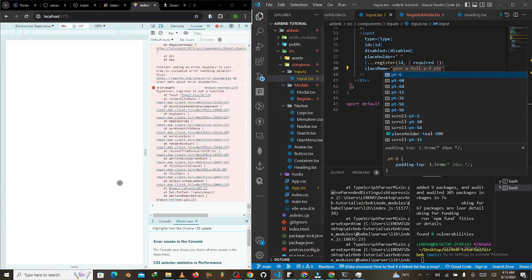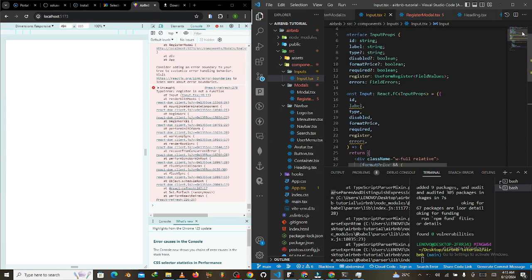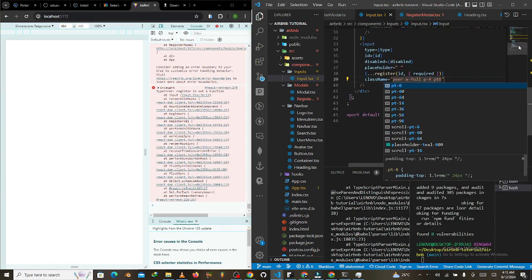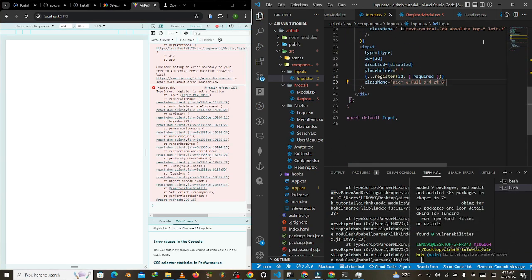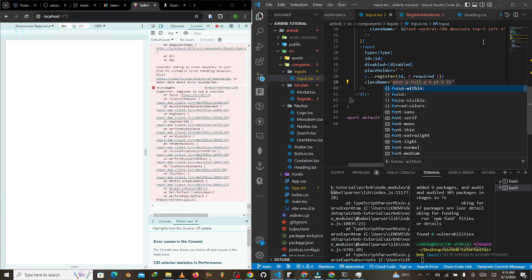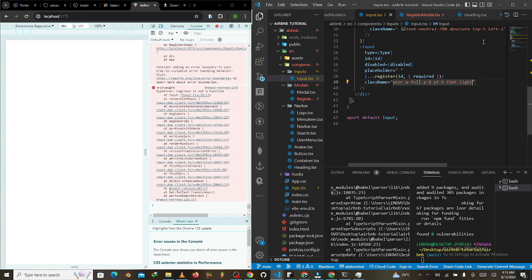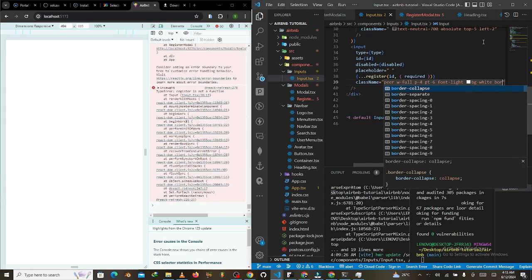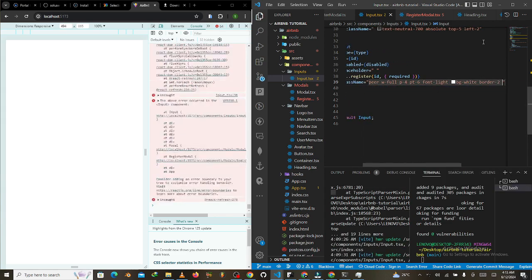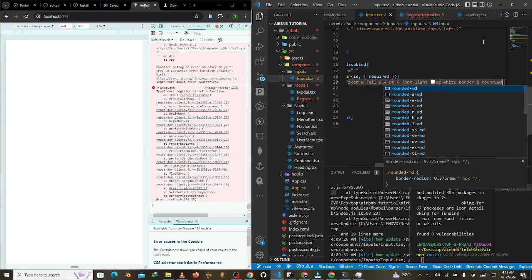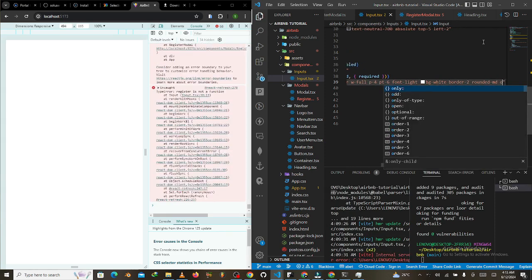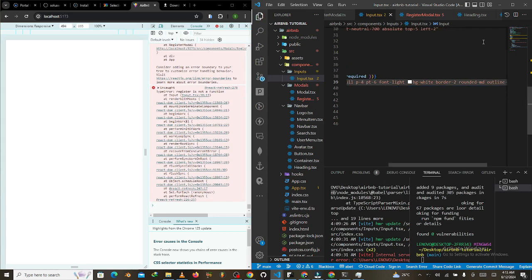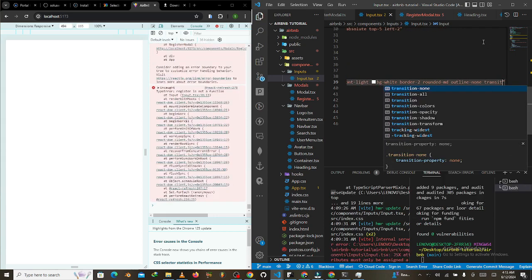It keeps saying, well, I didn't get that error when I was working with the pilot actually, but let's just finish. So pt6, then we have font light, then we'll take one bg white as well, then border 2, then rounded md, then we have outline 1, then we have transition,